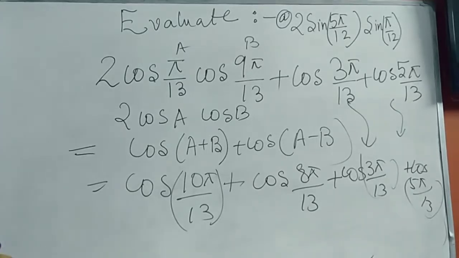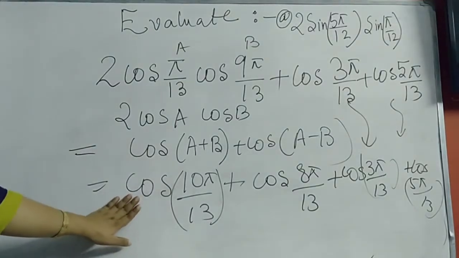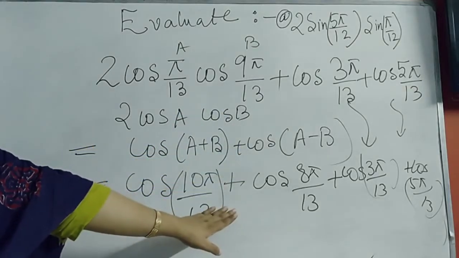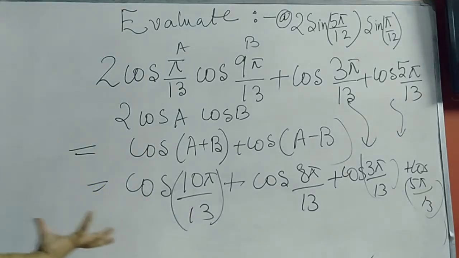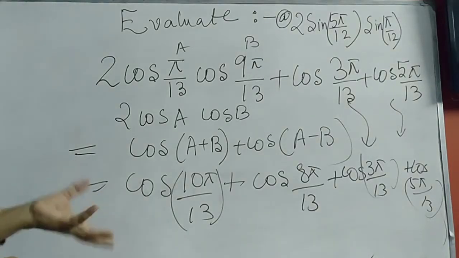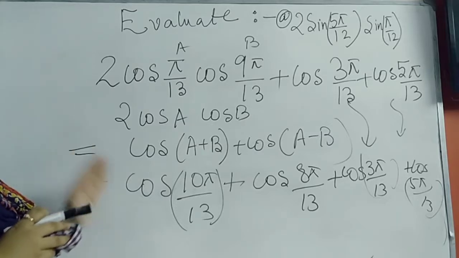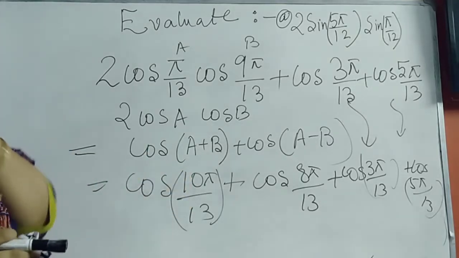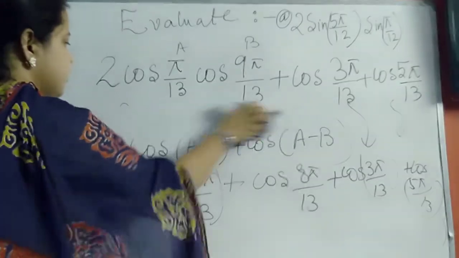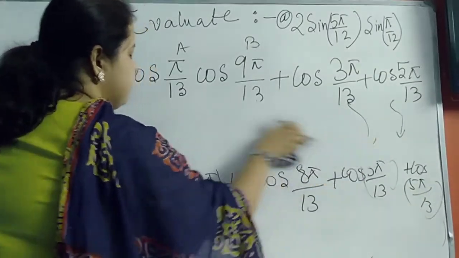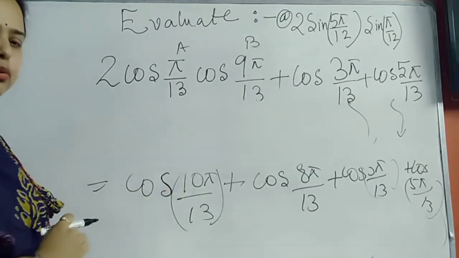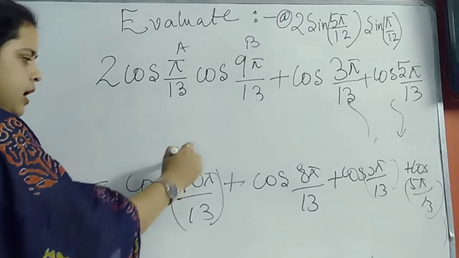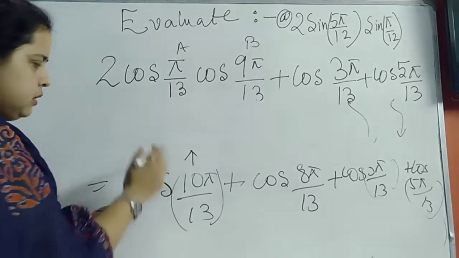Okay. So see the expression now: cos 10 pi by 13, cos 8 pi by 13, cos 3 pi by 13, cos 5 pi by 13. Now I don't know the value of any of these angles, but I will be using some technique so that I will be able to get the answer. Please have a look at 10 pi by 13. Very important thing. We have done such problems in the previous exercises. Tell me students, can I write this 10 pi by 13 as